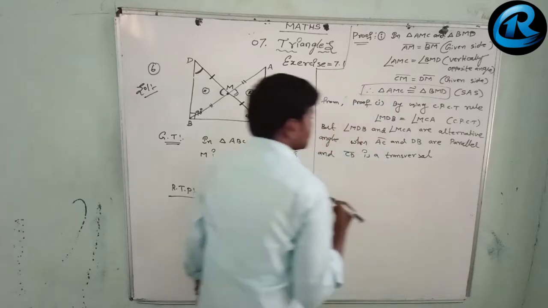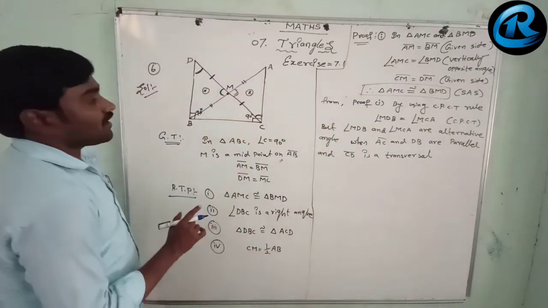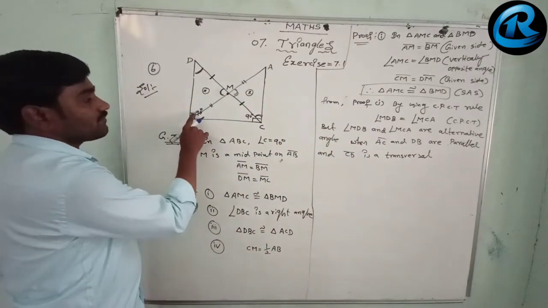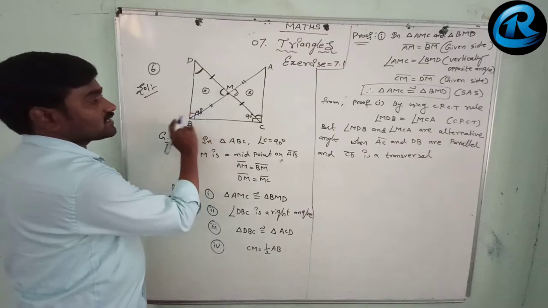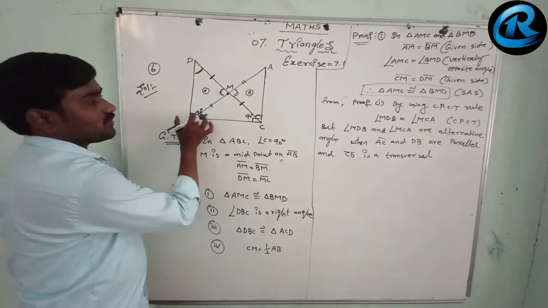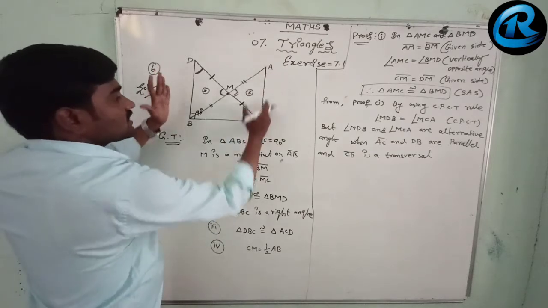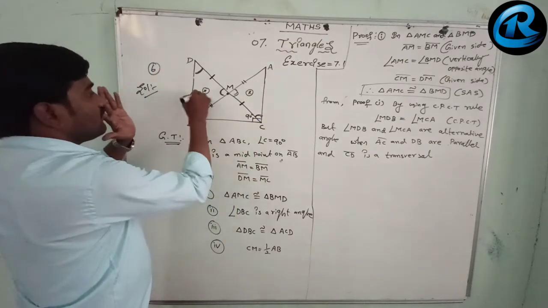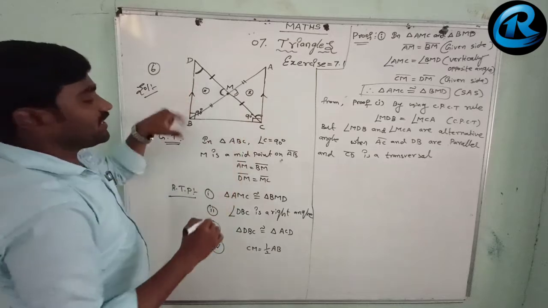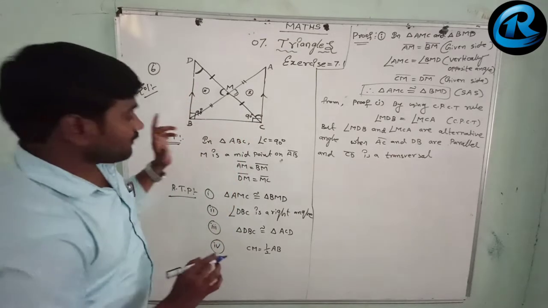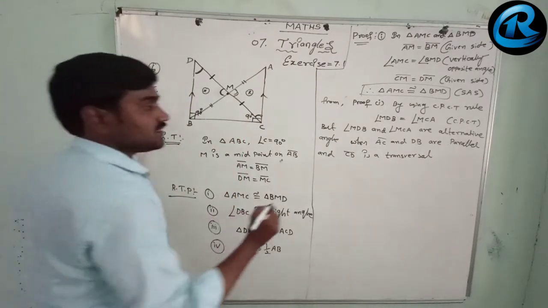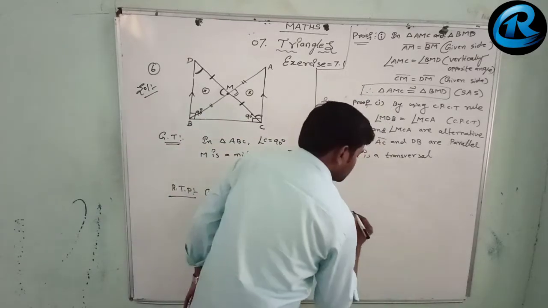If CD is a transversal, then we can say, by using the corresponding angles, are not these two parallel lines? Yes. Okay. Suppose this is AC and this BD is parallel lines.